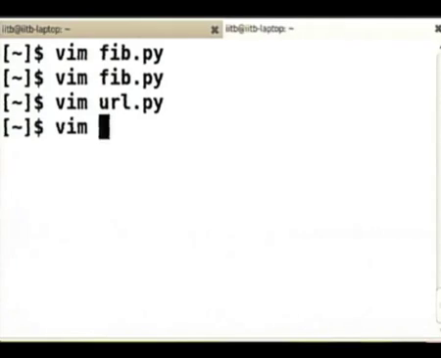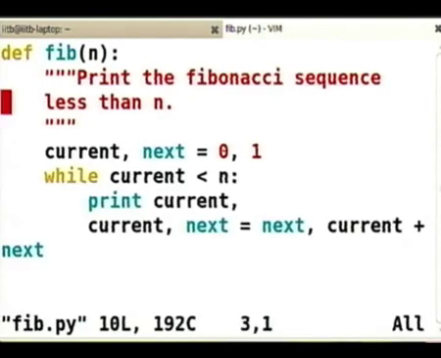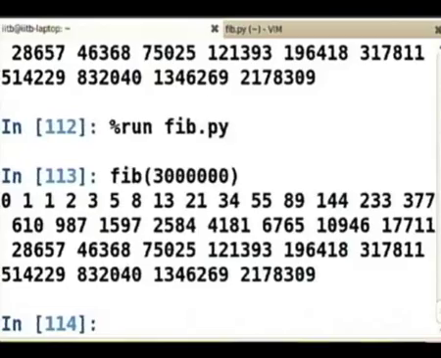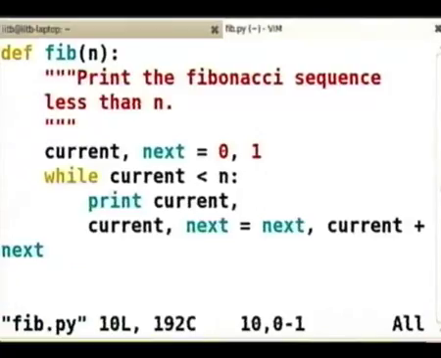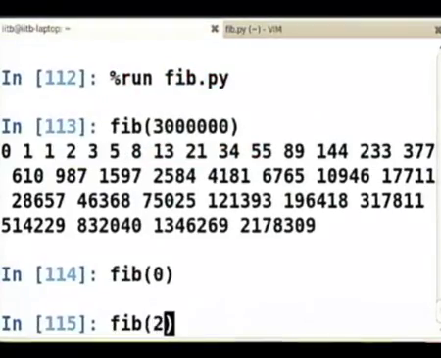We stopped at this point. That is, we wrote the Fibonacci sequence less than n, we ran it and we found that the function seems to work nicely for arbitrary values of input. Does it work for the value 0? It does not, but actually it is correct because there is nothing less than 0, so it should not print